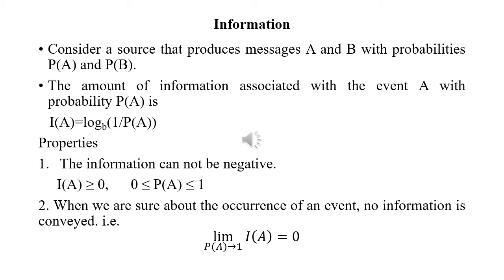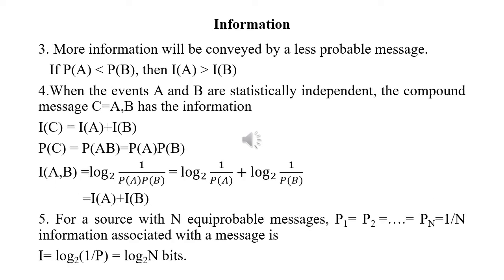The second one is when we are sure about the occurrence of an event, no information is conveyed. That is, as P of A tends to 1, I of A will be equal to 0. Third property, more information will be conveyed by a less probable message. That is, if P of A is less than P of B, then I of A will be greater than I